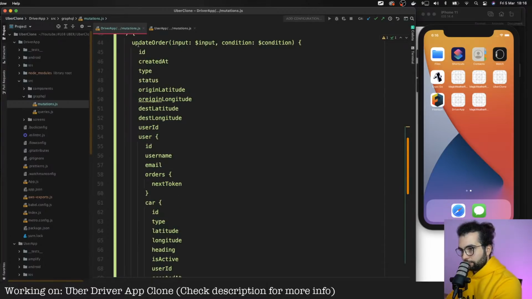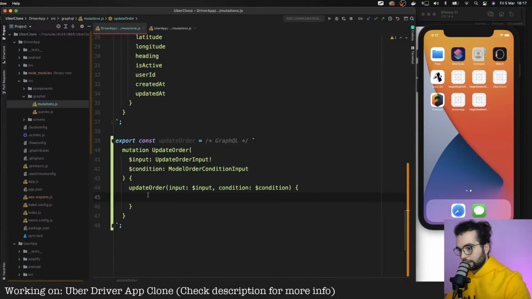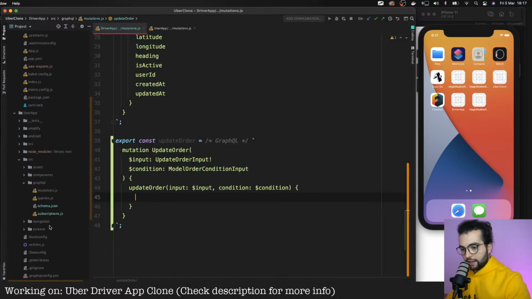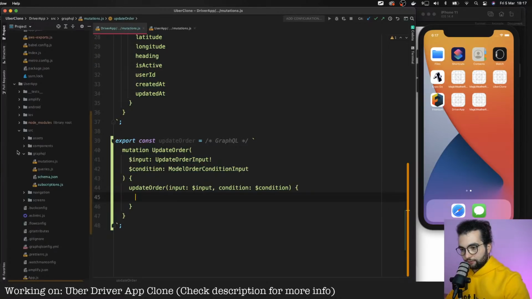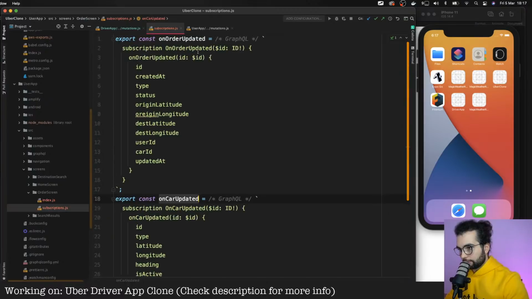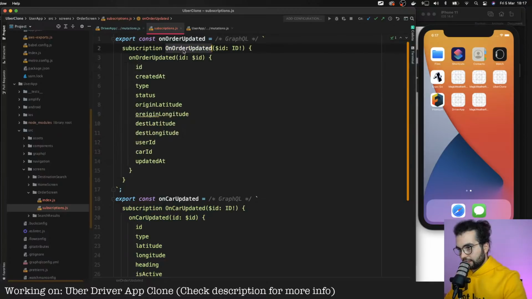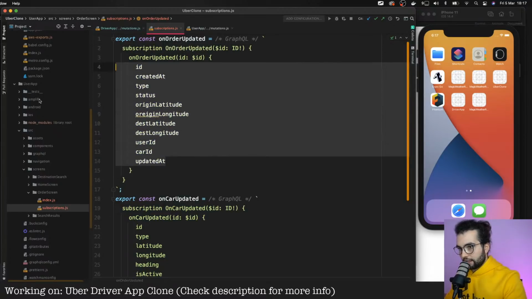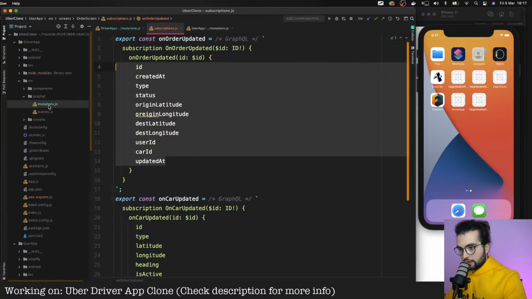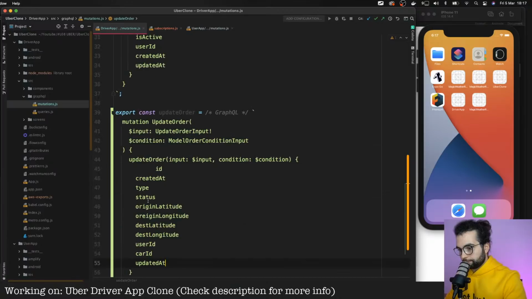And make sure to update the fields that you query back to match the fields that we defined in our user app, source, screens, order screen, subscriptions, and for here, not on car update, but on order update. It's important that on order update contains the same fields as the driver application update order.